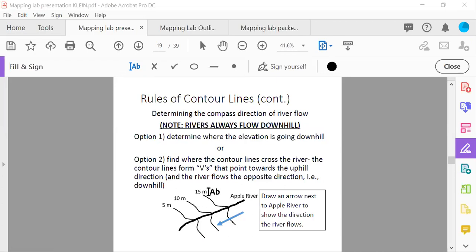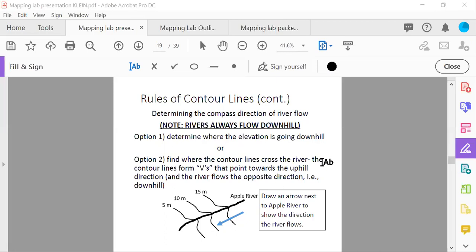But if these numbers were not shown here, and you only had the contour lines, you can actually determine the direction the river flows also using the shape of the contour lines. So when you follow the contour line, as it crosses the Apple River, or any river, it forms a V shape. And the V shape kind of looks like an arrow that's pointing